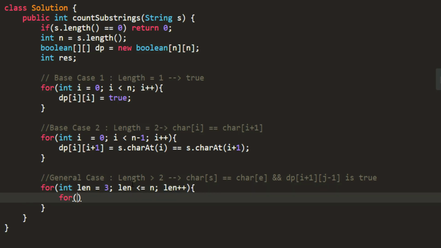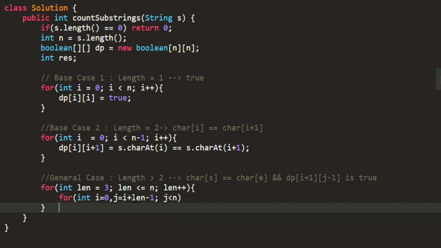My inner loop would be int I equal to 0 and j equal to I plus length minus 1. So that is the length I am trying to see. So from 0 till this. And my condition would be while my j is less than n, because that is going to be my edge case or my edge of the matrix.